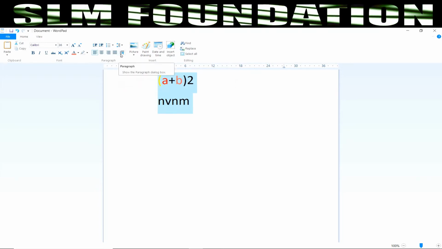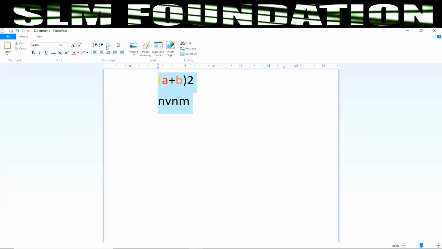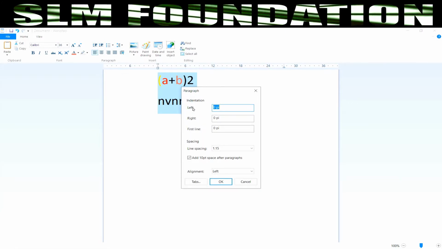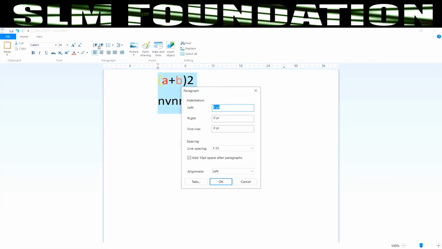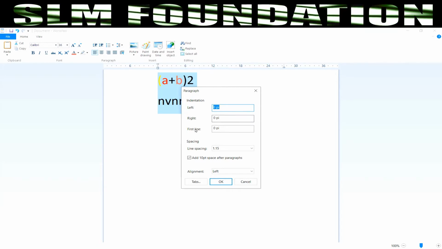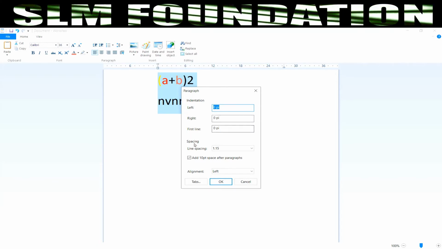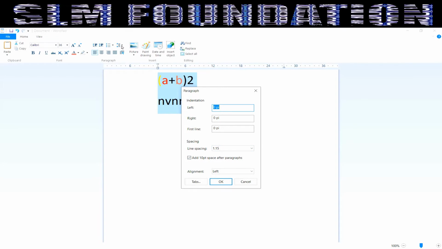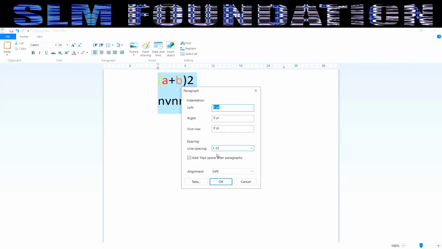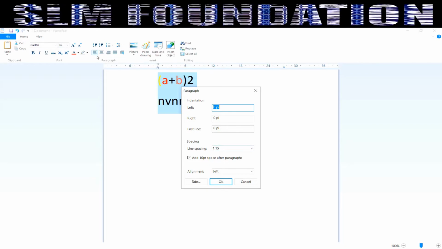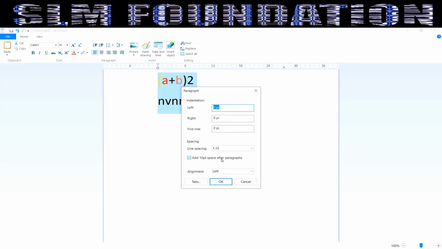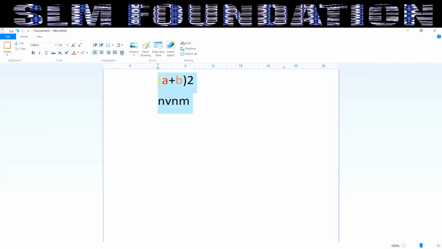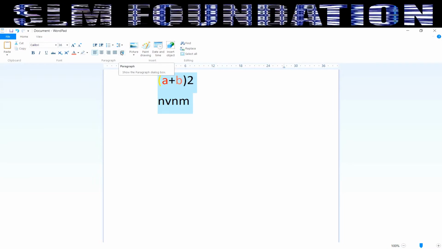And this is the dialog box of Paragraph. Whatever you are seeing here, you can directly choose from here. For example, left and right indentation, which you have seen here, you can change from here also. First line, spacing, there is 1.5 from here. Whatever you have changed in spacing, you can change from here also. Alignment, these four alignments you can change from here. So whatever options you can see here, you can directly go to this dialog box and change all the things.